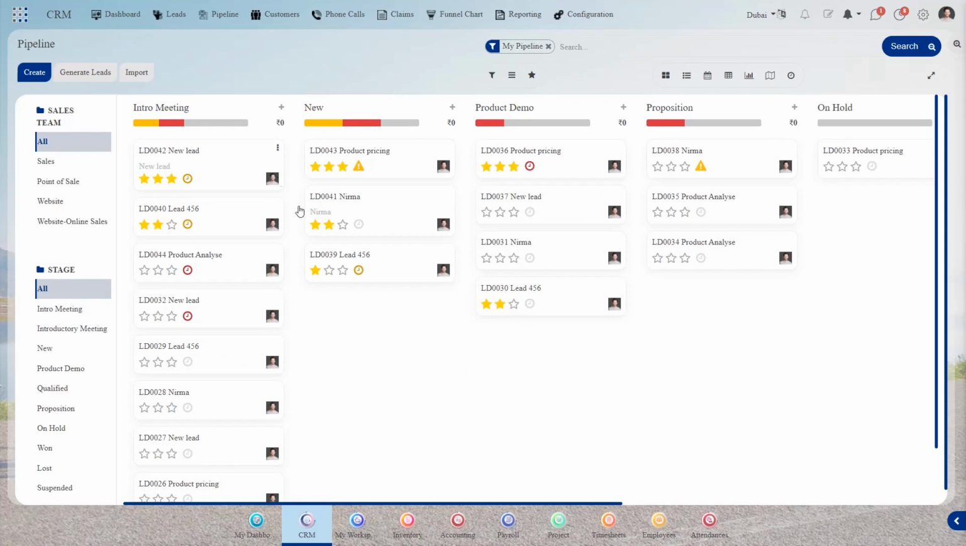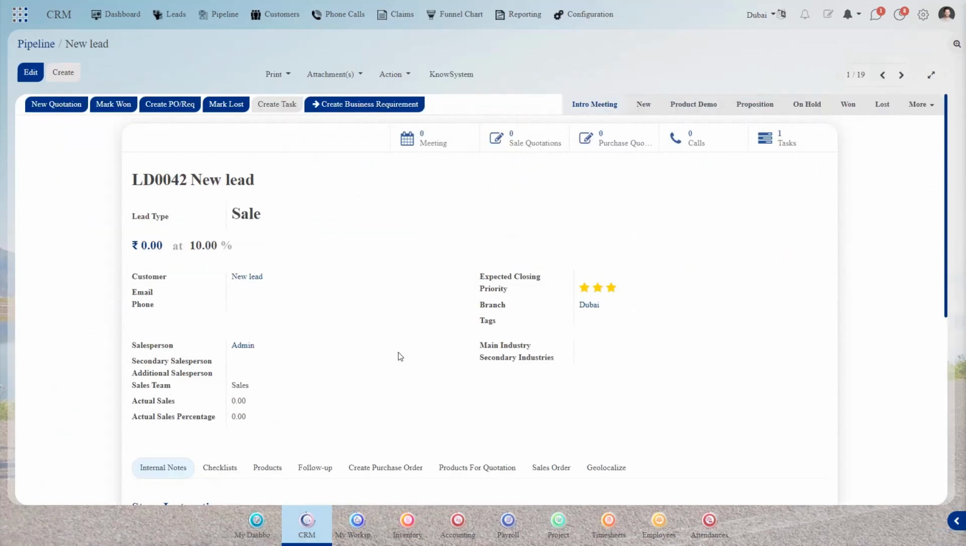And here we can create it also. So from here itself we can create a pipeline directly without going into the lead. You can directly create a lead from the pipeline also. And then from that lead, after the confirmation of the lead, if you need to schedule any meeting for them,